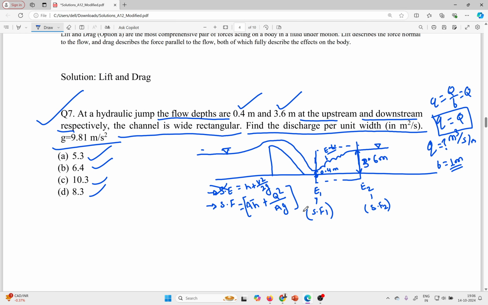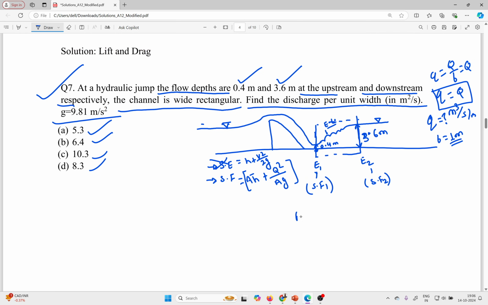So at this location, A1 h1 bar plus Q square by A1 g, because discharge will be the same, is equal to A2 h2 bar plus Q square, remember, divided by A2 g. Now A1 value is y into b, and because b is 1 here,